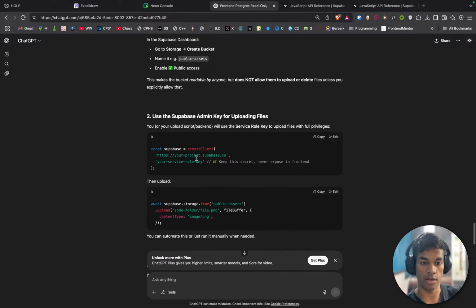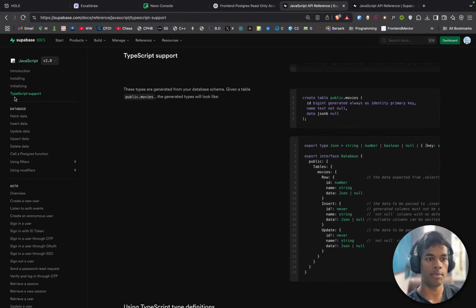Okay, this I can use in my CLI app, this kind of client, then upload. This will be used in my CLI app, which puts things on the database.